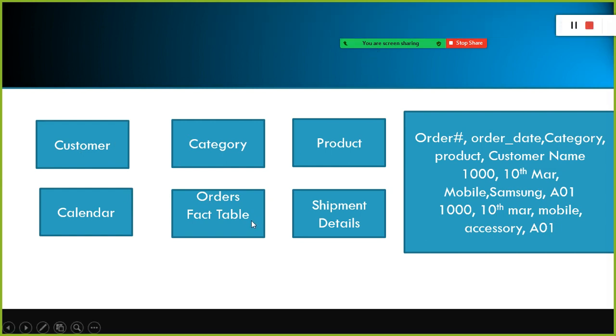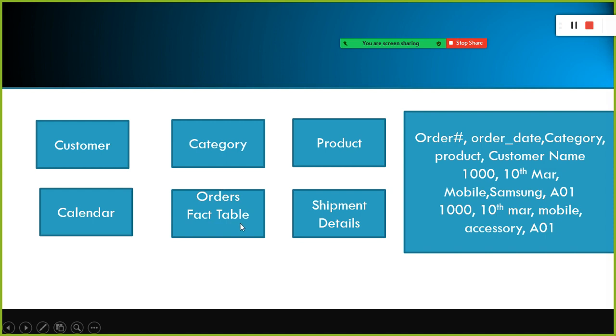So this fact table will have the keys of all these columns: customer key, category key, product key, calendar key. And also it will have the facts. What do you mean by fact? The numerical values: units sold, discount, and the sales, right? Those values are called numeric values. The numeric values are all called facts. That is also the reason why we call it a fact table.